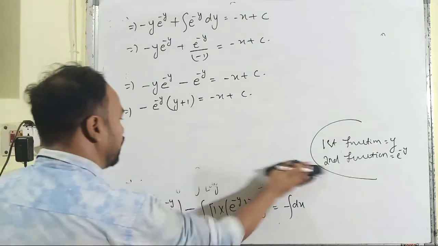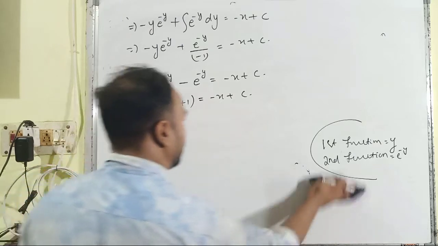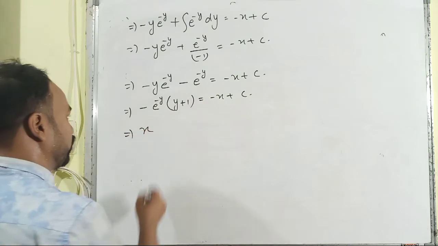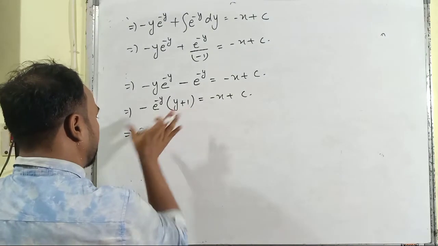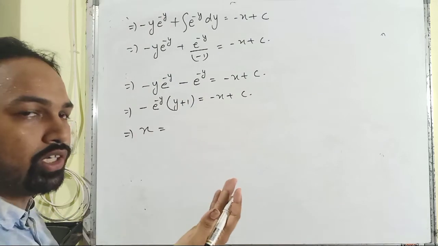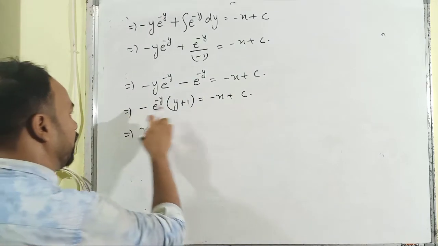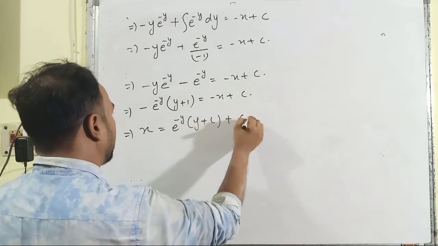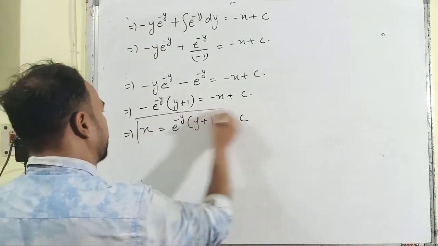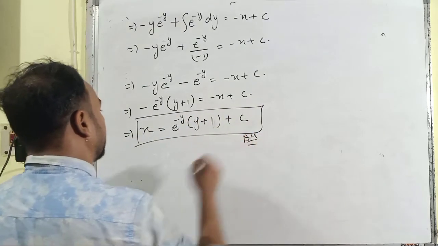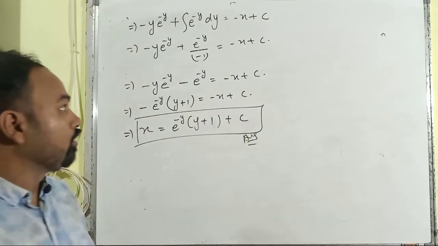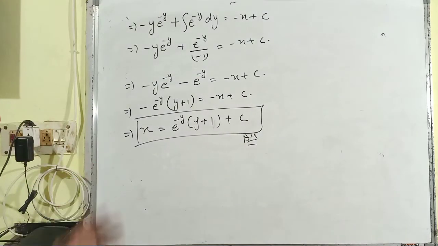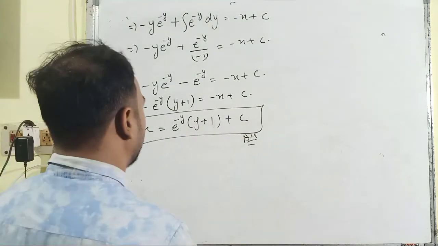Then again change the sides of the variables here. That means we have to shift the minus x towards the left hand side, so it will become plus x, and we have to shift the total terms present in the left hand side towards the right hand side, so it will become plus. And you can see that this will be in your answer set. This is the exact answer, and you have to write down until this step so that full marks can be obtained. So this is the 7th bit of number 4, then moving towards the 8th bit.